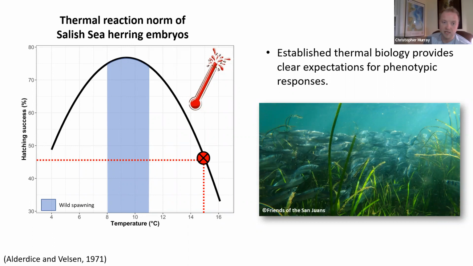So this would constitute a really serious issue because herring, the different stocks, there are 21 of them in the Salish Sea. Each stock tends to spawn over the course of a few weeks. And really a lot of that spawning happens during a few events. So a poorly timed heat wave could really obliterate an entire reproductive output of a stock in a single year.